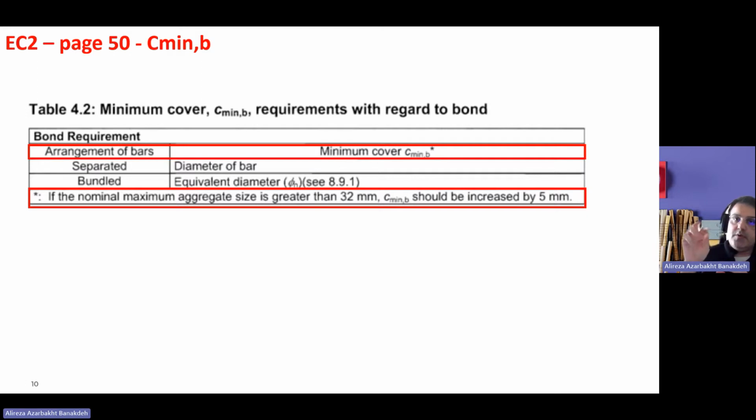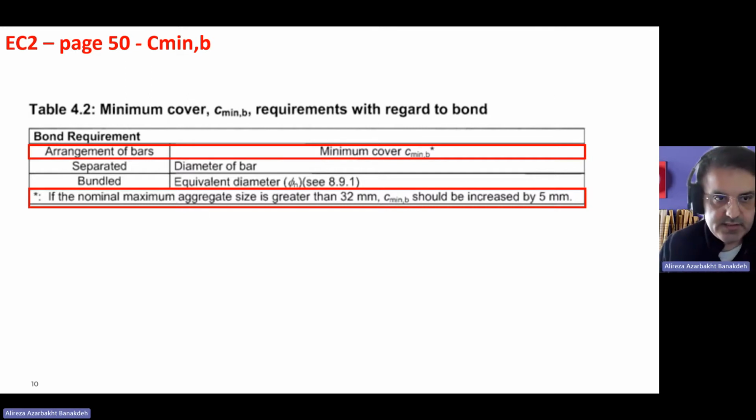You're putting rebars individually at the bottom and top of your section. So you are in the case of separated, which means that the C min,b is equal to the diameter of your bar. So because you have the rebars of 32 millimeters at the bottom, the C min,b will be 32 millimeters